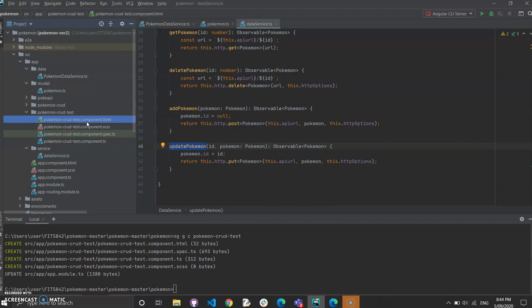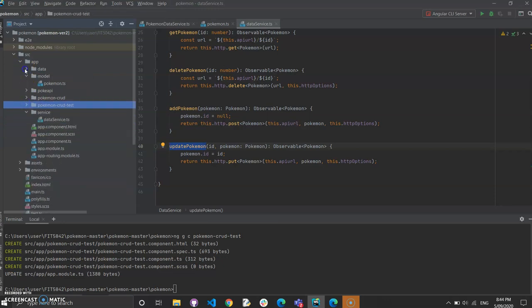All right. Now, next, let's ensure that our project structure meets our requirement. So just ignoring Pokemon CRUD test for now, let's see whether our application structure matches our content.